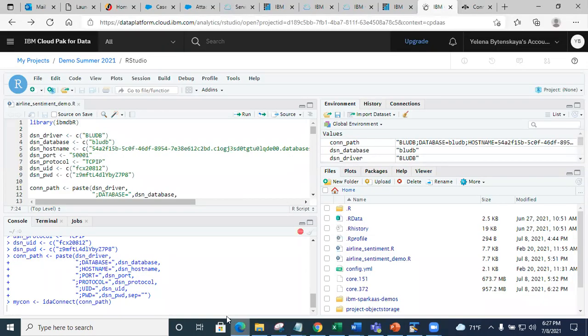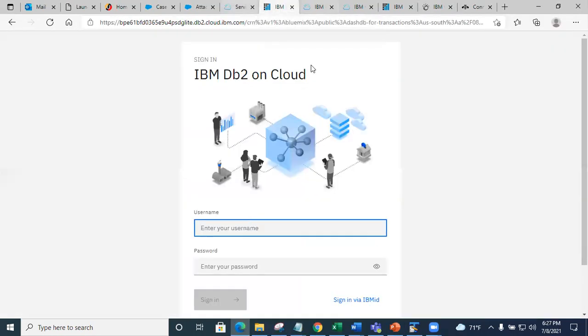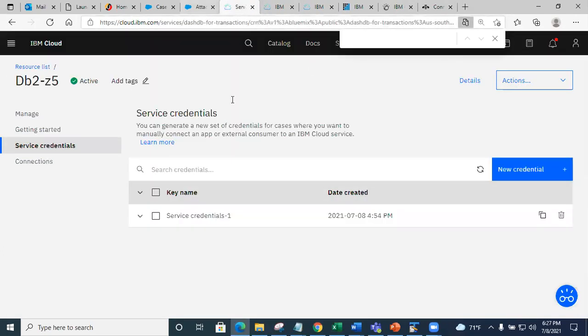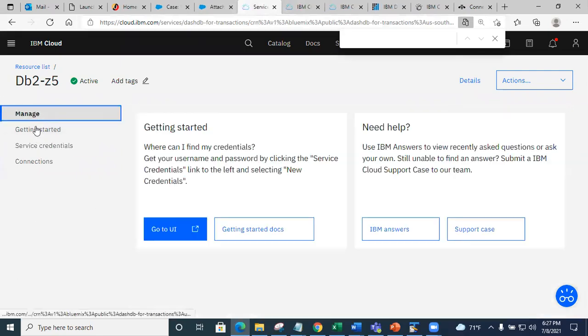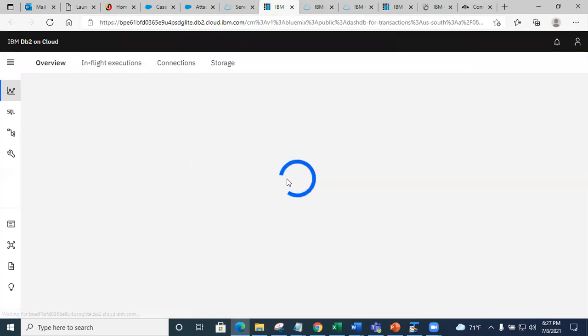Based on the interface change, oops, now it timed out. I need to go back and relaunch my service. I'm gonna go to UI, right? Let's see.